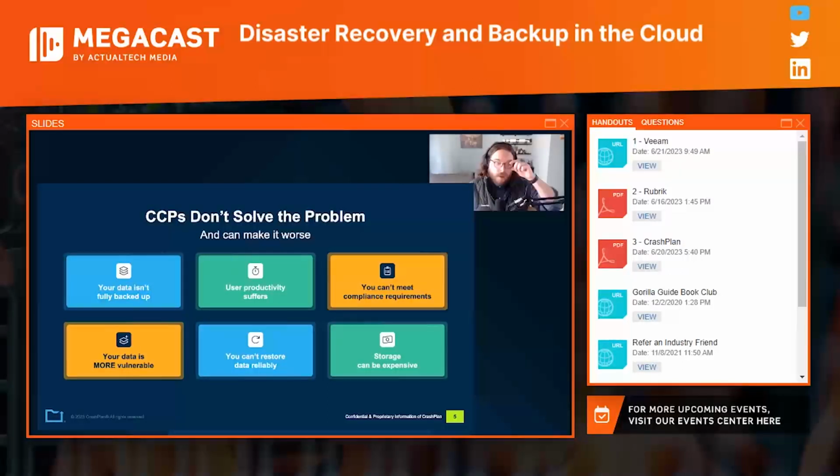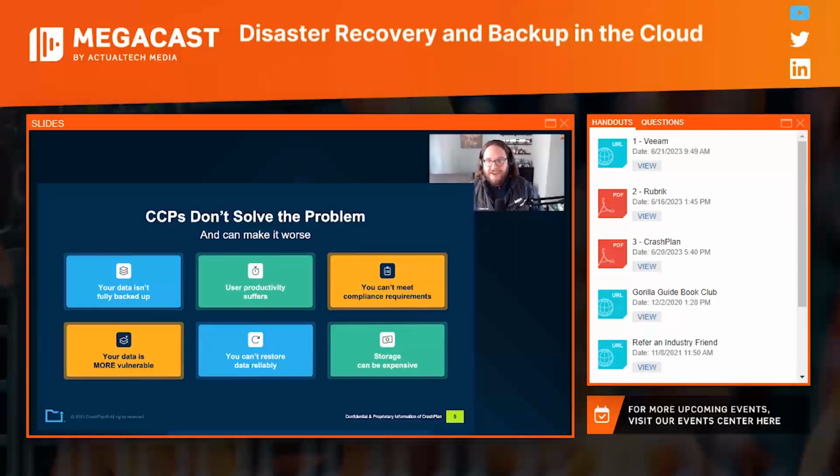This next one is my favorite because, as a technologist, it is, to my mind, the most indisputable. The data that you store in a cloud solution is more vulnerable because you're taking what should be a copy and you are collapsing it into one logical version. What do I mean when I say this? A backup should be a secondary copy of your data. When we're talking about data that is stored in one of these cloud sync apps, it is effectively the version that is in the cloud that is the only one that exists.